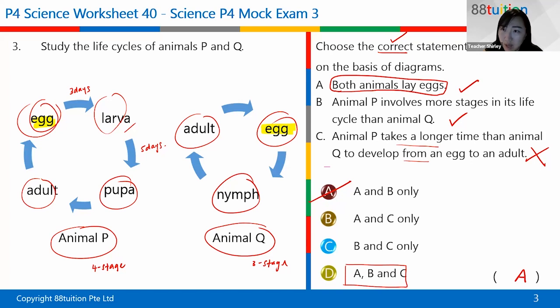But I do want to clarify, actually, cockroach is not the only insect that has a nymph. It's the only one that you learn, probably, or that your teacher has taught you. Actually, there's grasshopper as well. Grasshopper is a 3-stage life cycle, and grasshopper has a nymph as well. So it's very similar to cockroach. But good try, Xander. I think it's good that you put in the effort and the initiative to contribute to the